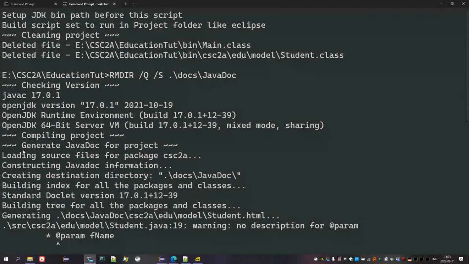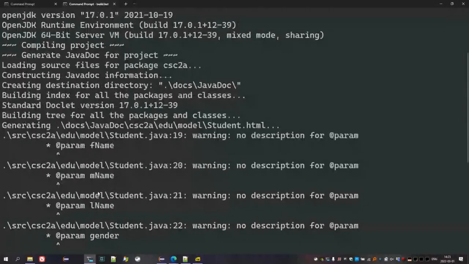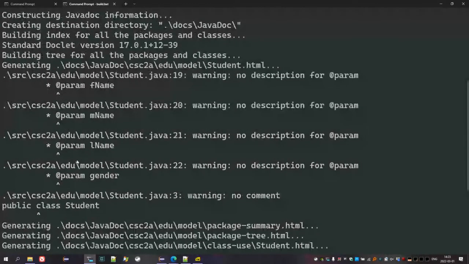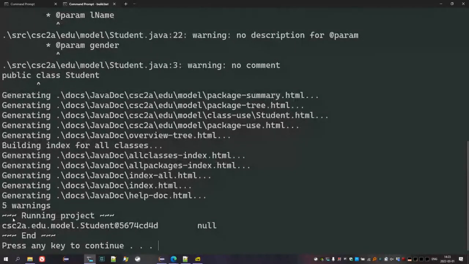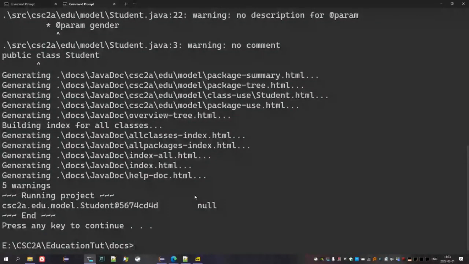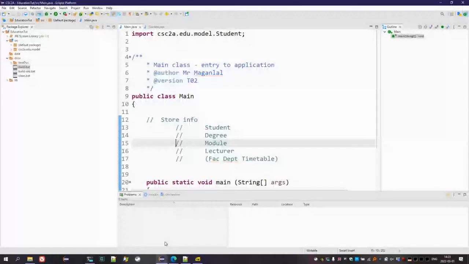Compiling the project, no errors, because now the next message is generating the JavaDoc. JavaDoc has some things that it's going to output, specifically the issues where we forgot to fix up the completed JavaDoc documentation for our parameters. There's a class also, we forgot to put a JavaDoc comment for our class. And then right at the end here, you can see there it's going to run. And after it runs, that's going to be the output of the actual project, and then end. So that's if everything is working correctly. If something goes wrong,